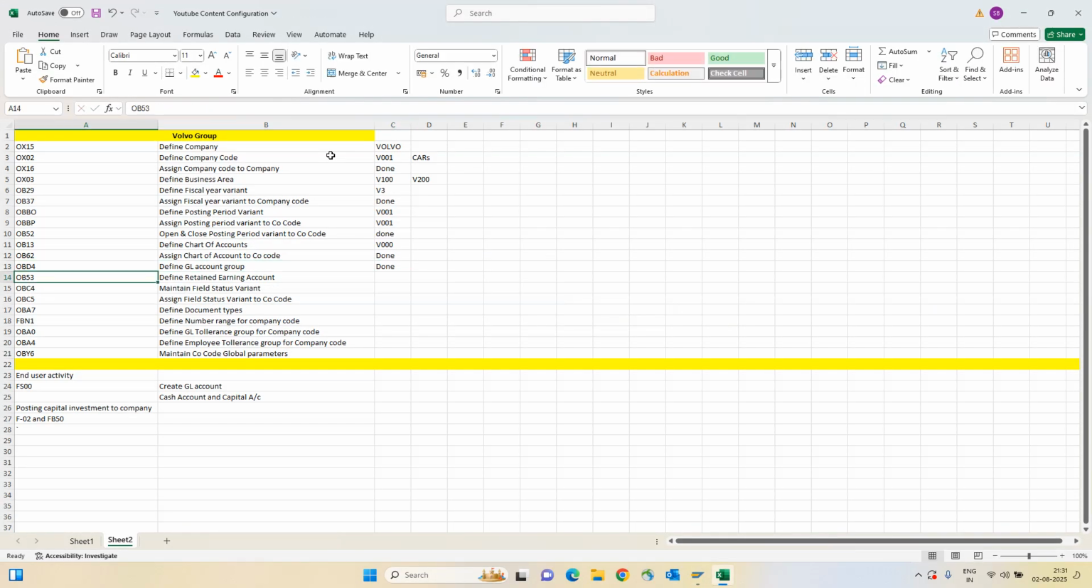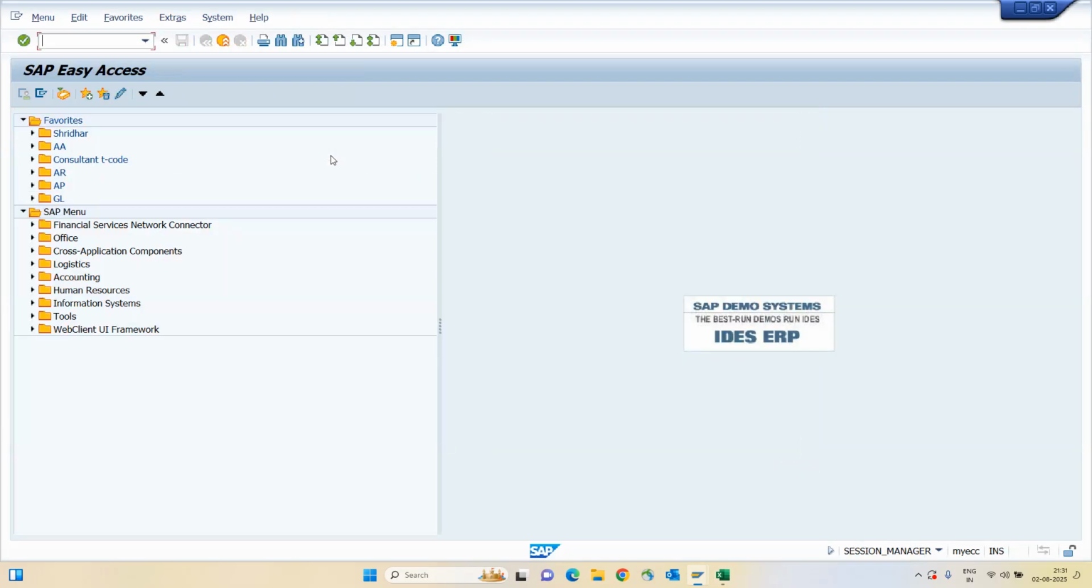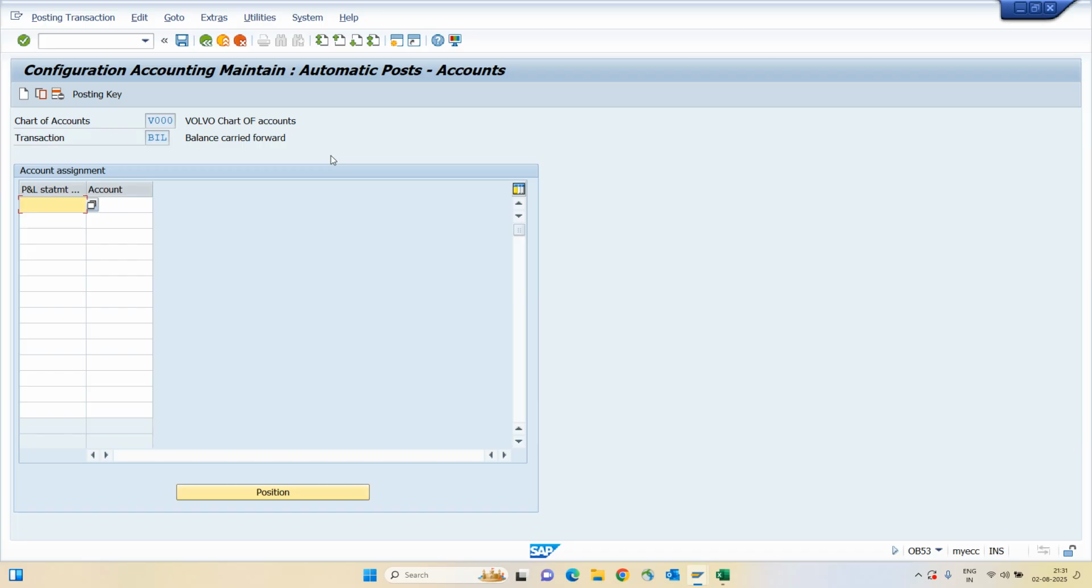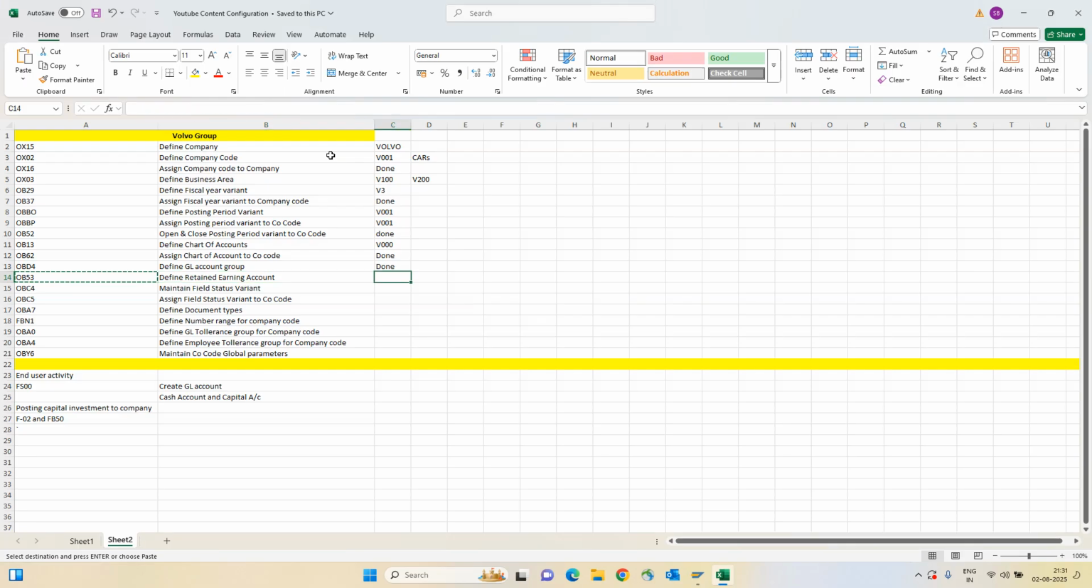Next step is we have to create a retained earnings account, just for carry forwarding the balance of a GL account for the next year, the P&L balance. The system will ask you to enter the chart of account. My chart of account for Volvo group is V000. Here we will enter an X, and we will enter some liability account here. Just ignore this warning message, save it and continue. So we have successfully completed your